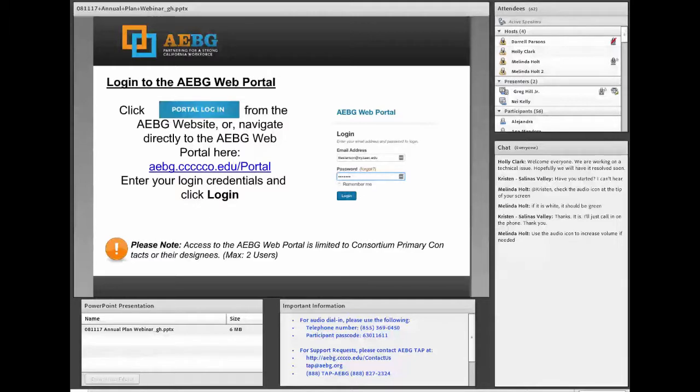One quick note: especially right now as we're getting close to the deadline for submission, if you feel like you should have access but don't, please first coordinate with your consortium leads to find out whether, and who, actually has access to the portal, if anybody, before you put in the request.